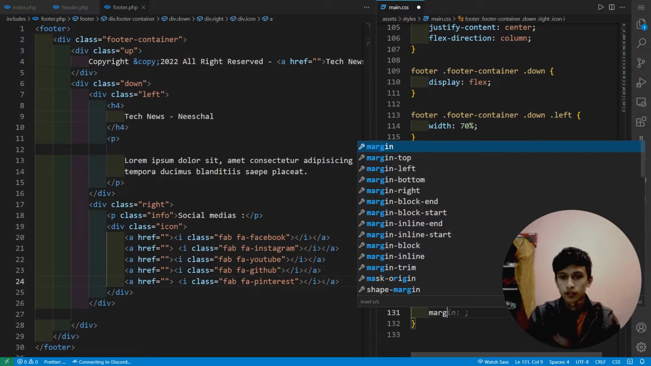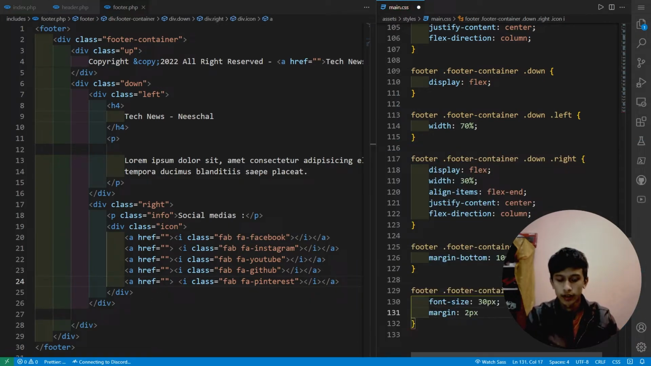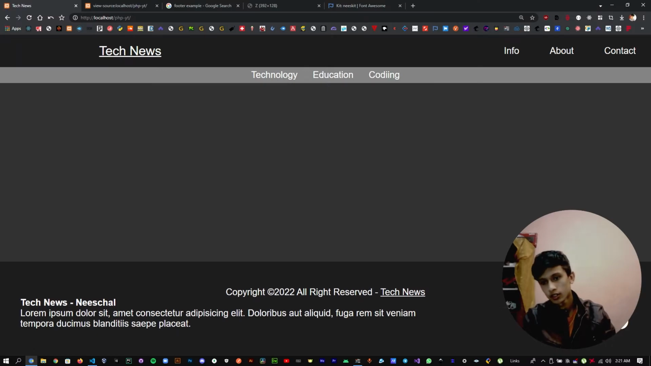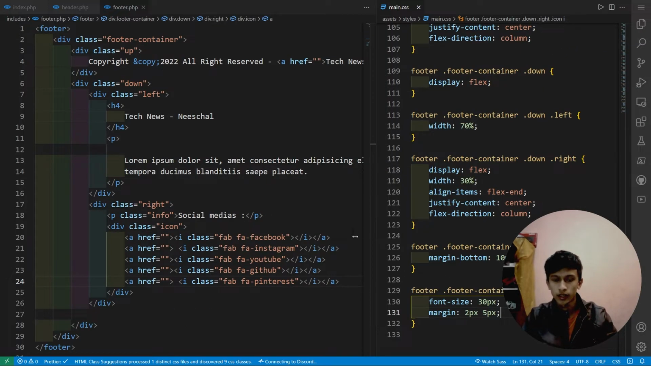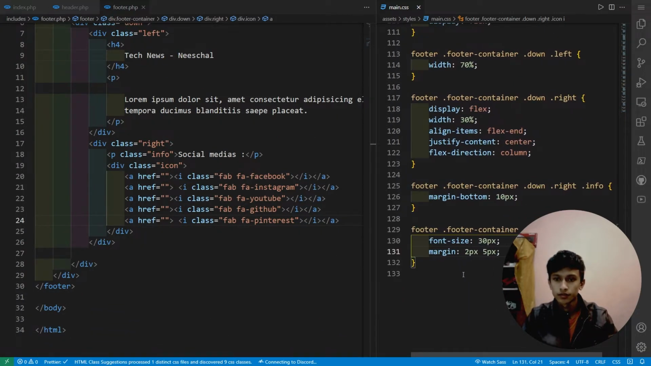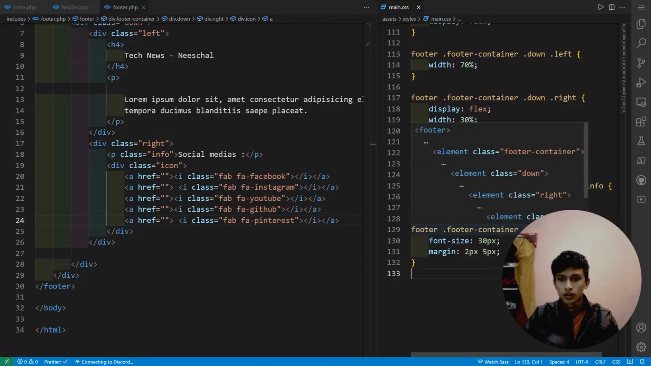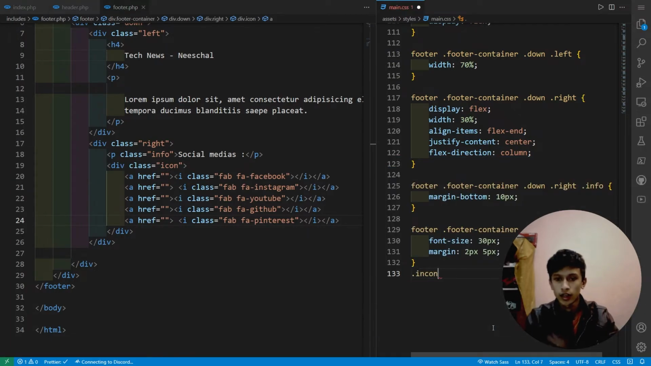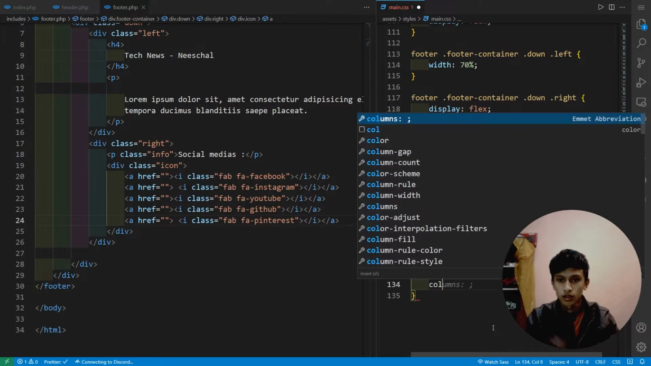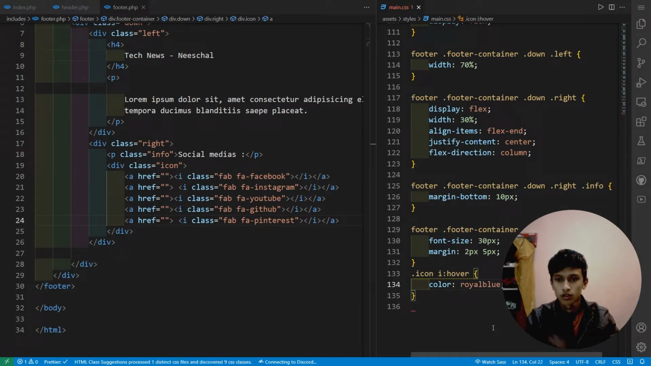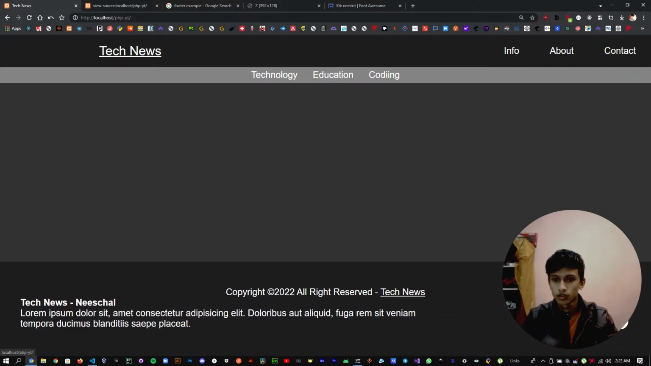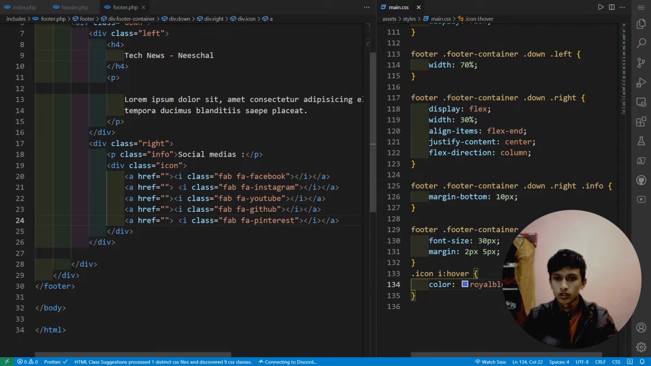Margin of top and bottom 2 pixels, left and right 5 pixels. I save this. It looks like this. Now what I need to do is add an icon. Let's add dot icon. Sorry, I to hover. So save this, reload this out. You can see I'm getting this, and then